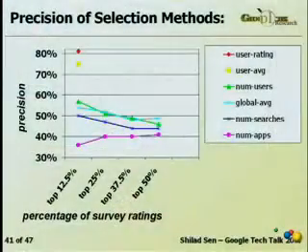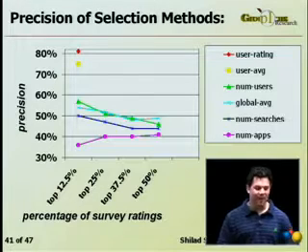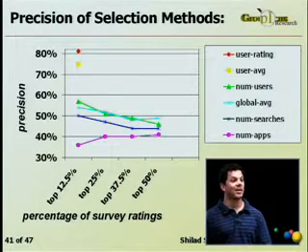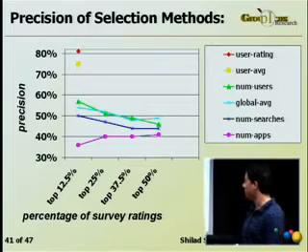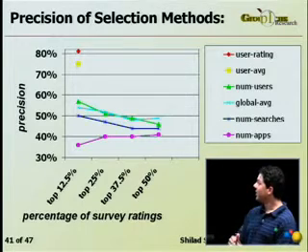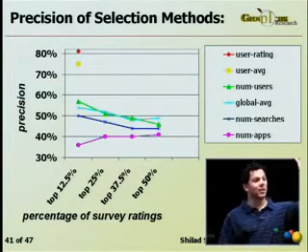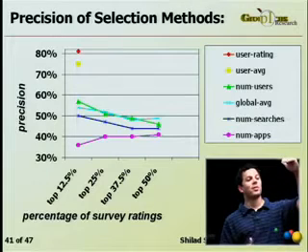We can probably be smarter about the way we interpret tag ratings. We could look at how the community as a whole feels about particular tags. So to do that, we'll look at the global average for different tag ratings. And here's a graph that compares global average with the other tag selection algorithms we've seen. On the y-axis, we have the precision of the survey results, the percent of the survey results that users said they wanted to see.